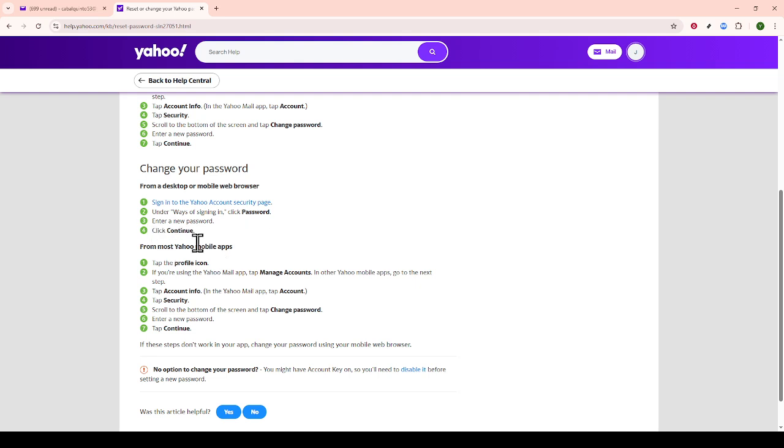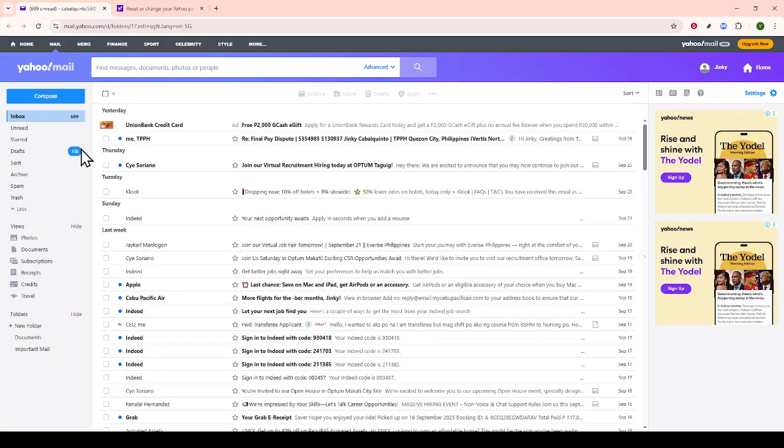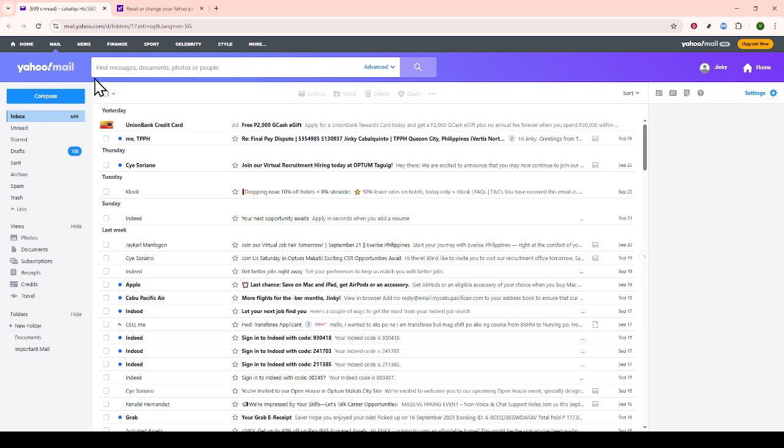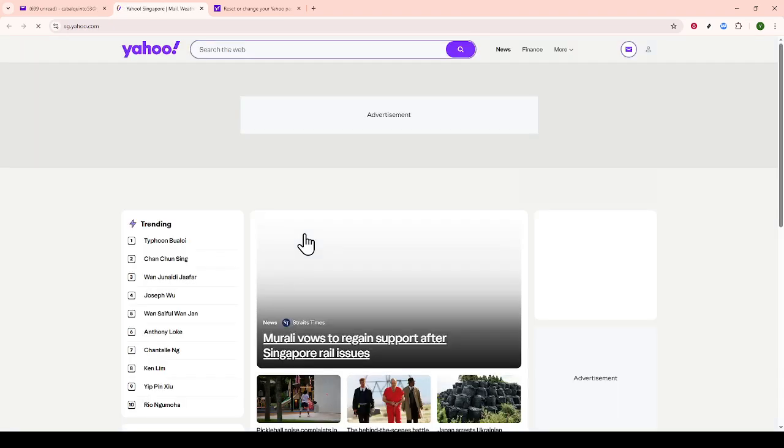Once you've successfully logged in and followed the prompts, your Yahoo Mail account will be reconnected to your device. You should now have the refreshed connection you were looking for. And that's it. You've efficiently re-added your Yahoo Mail account on your iPhone. This should ideally resolve any issues you were